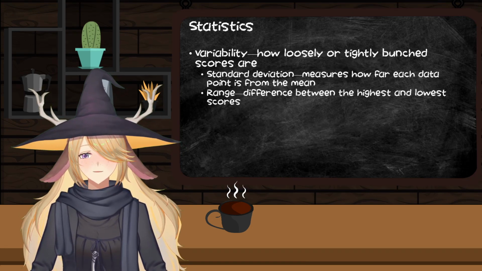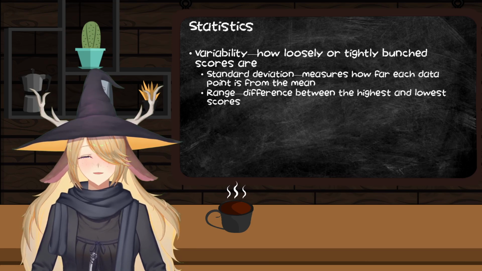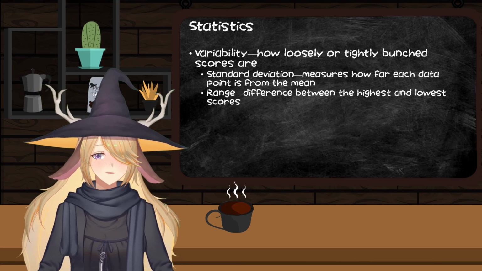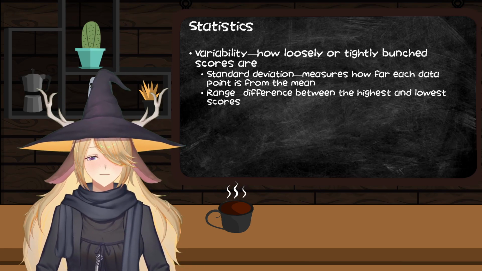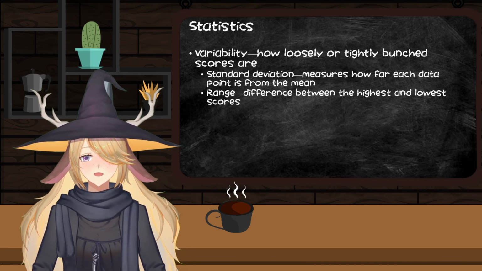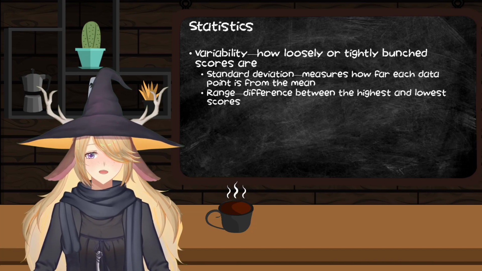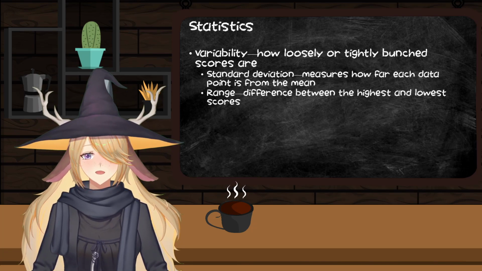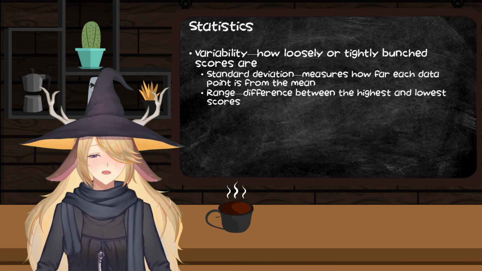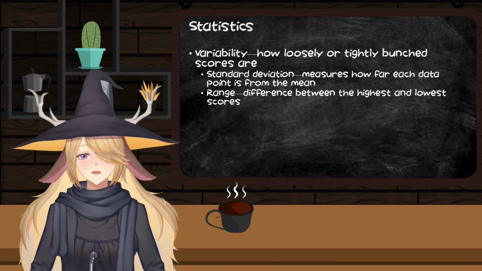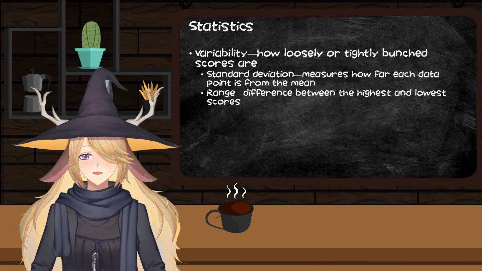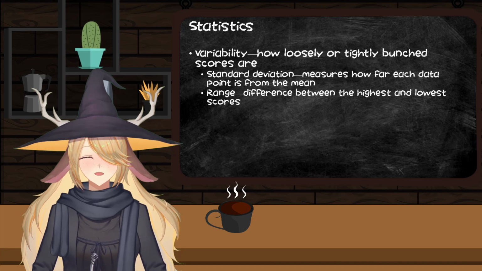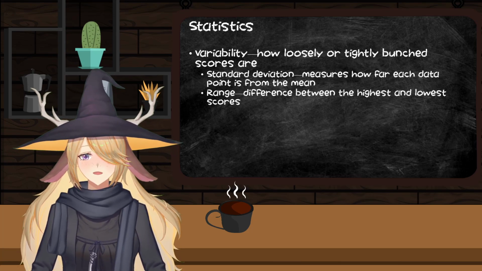So when we talk about central tendency, it's one thing to say where is the middle point. It's another thing to say how tightly or loosely bunched are the scores in the data set. For example, we can look at something like the standard deviation, which is how far each data point tends to fall from the mean. We'll talk about standard deviation later, but generally, 99.7% of scores fall within 3 standard deviations of the mean.